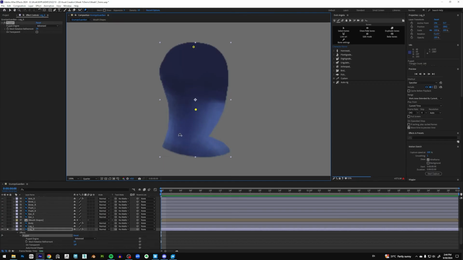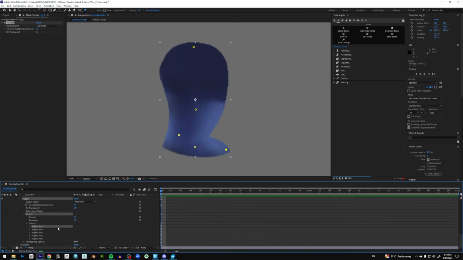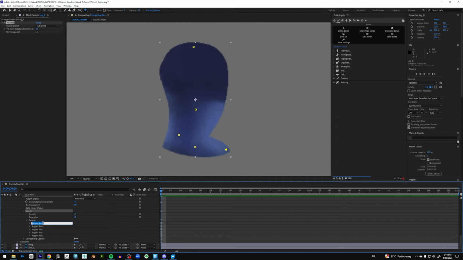So one around where you think the heel would roughly be, and then one at the middle of the foot, and one at the tip of the foot. So something like this, 5 pins in total. And let us go ahead and rename those pins. So pin number 5, I'll just call it toe tip R. Okay, and then we'll have toe R, and then we'll have foot R, and lower leg R, and